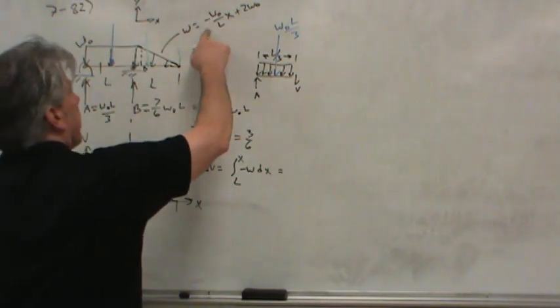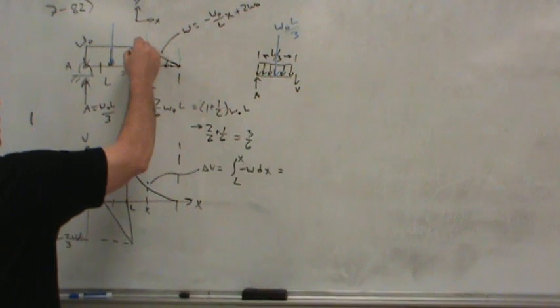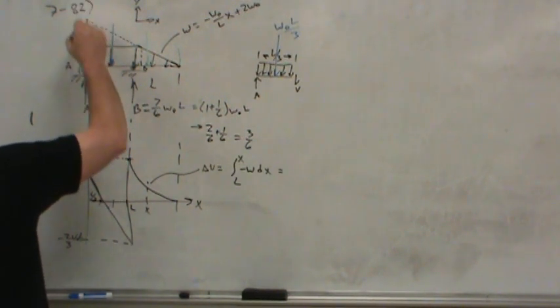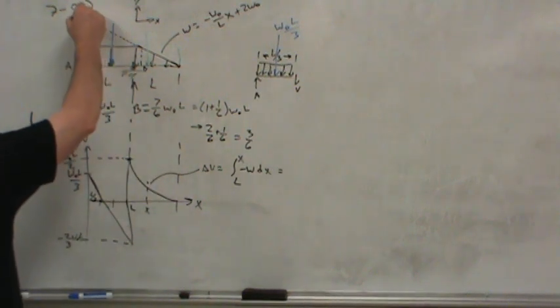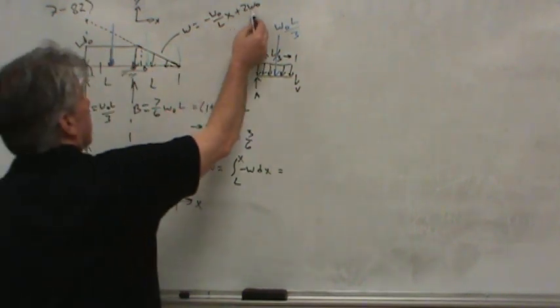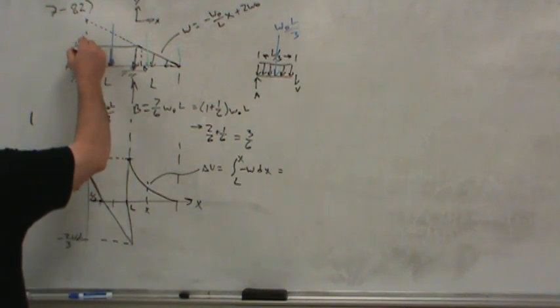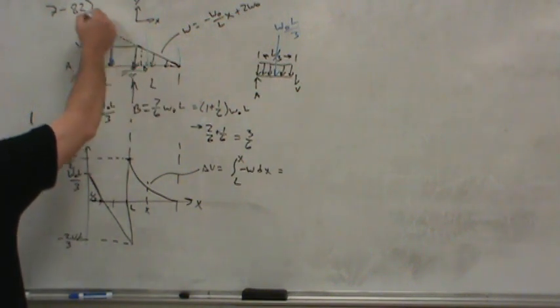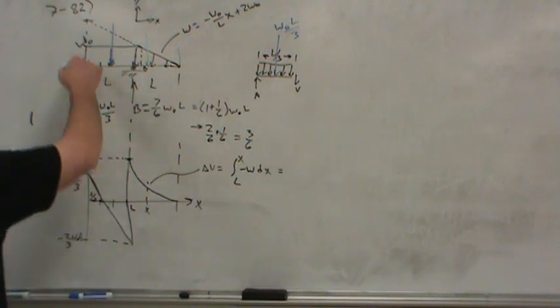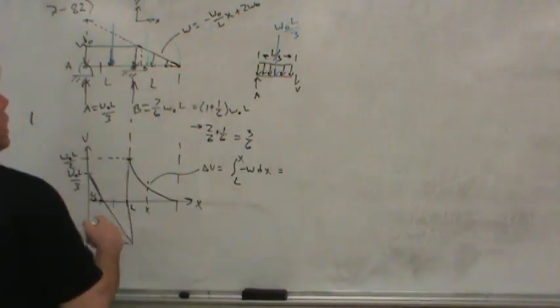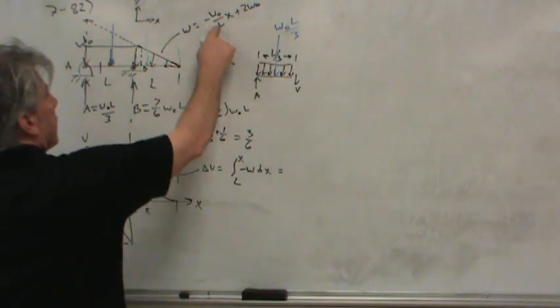But all I really tried to do is get the equation of the line, and I noticed that the y-intercept occurs at 2 W naught, okay? So W naught is here, we extrapolate back, it would be at a height of 2 times W naught. So that was my intercept, and I noticed that the slope of this line is simply W naught over L,